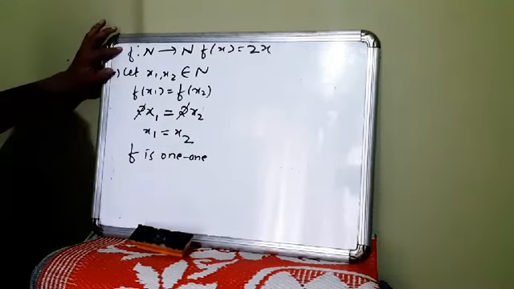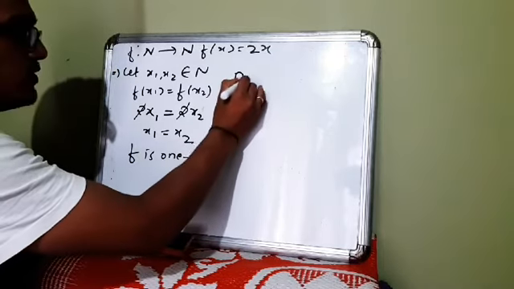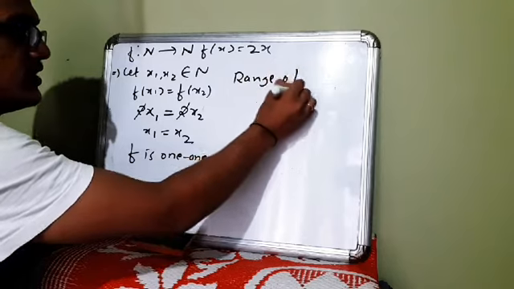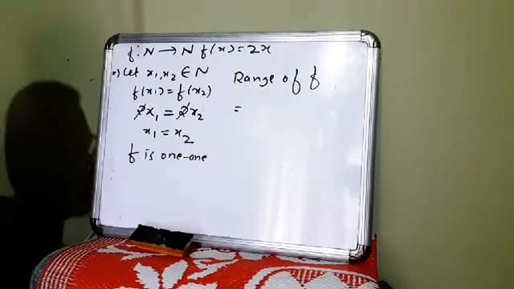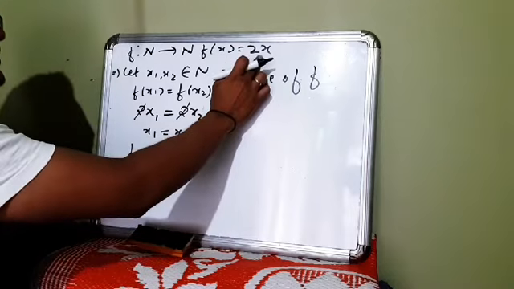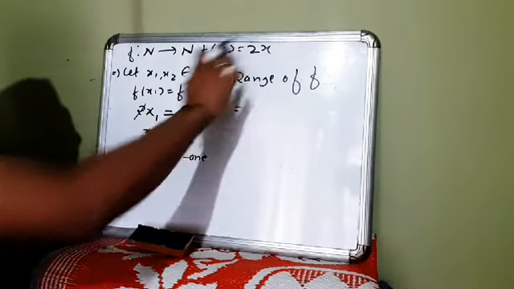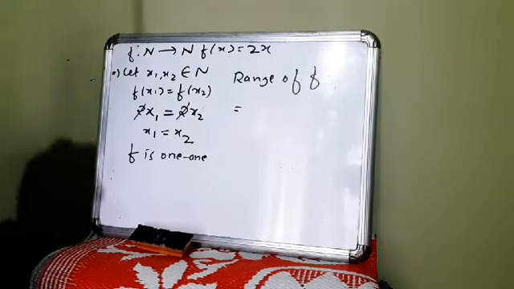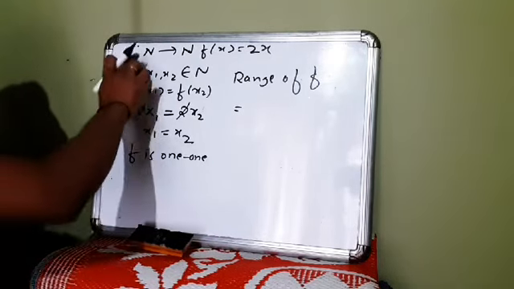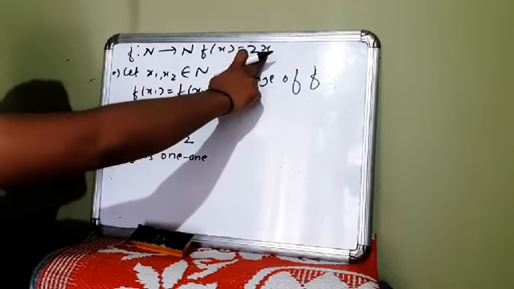What we have to show is that this function is 1-1 but not onto. So let us check for onto. For onto I will use the definition, range of f is equals to the codomain. So what is the range of f? Okay, how to calculate the range of f? Whatever you have in f of x, in that x we have to put the numbers from the domain, and the domain is the set of natural numbers. So just go on putting the set of natural numbers here.